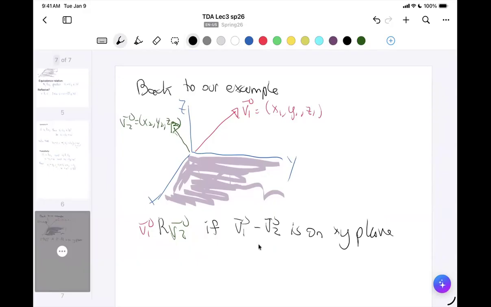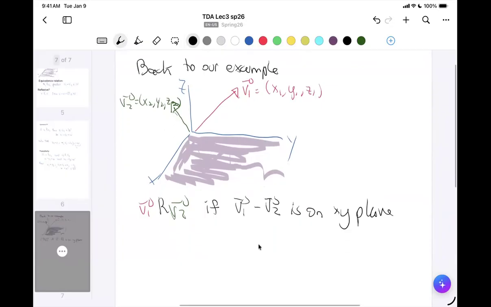But what does it mean for it to be on the XY plane? Well, if you do V1 minus V2, that's just X1 minus X2, Y1 minus Y2, and Z1 minus Z2. That's what V1 minus V2 is,